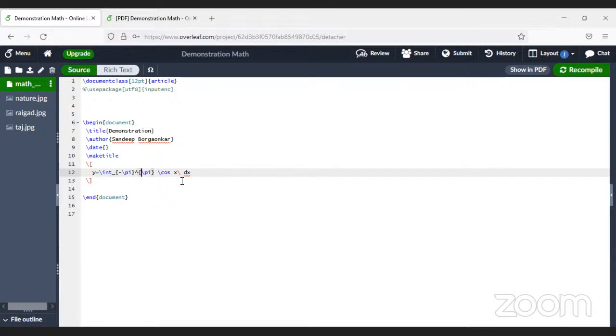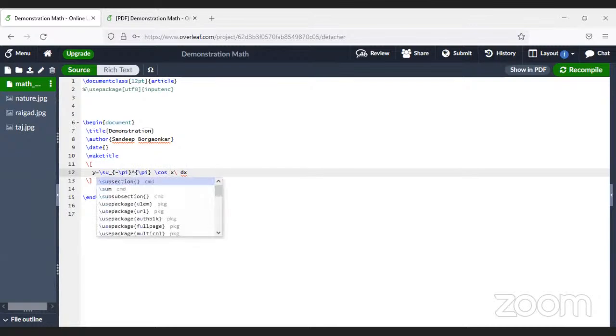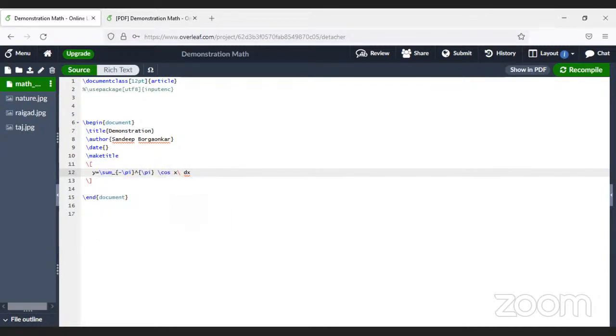Okay. Now, instead of integration, suppose you want to do summation. Any guess what we will change? We'll use the slash sum command. Slash sum. You see this? Second slash sum command. Okay. Of course, we have to write proper mathematics. So summation of cos x has no meaning. So maybe summation